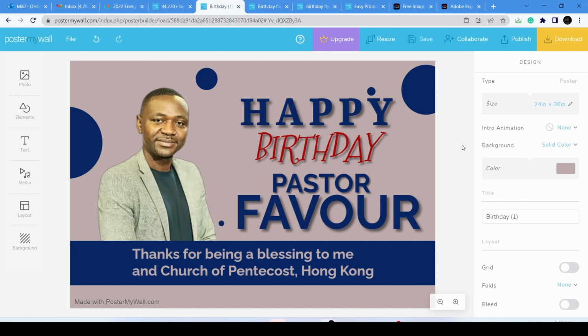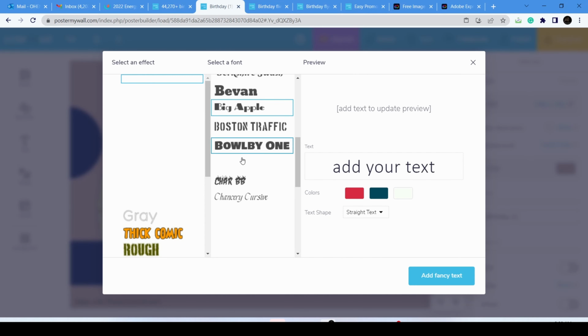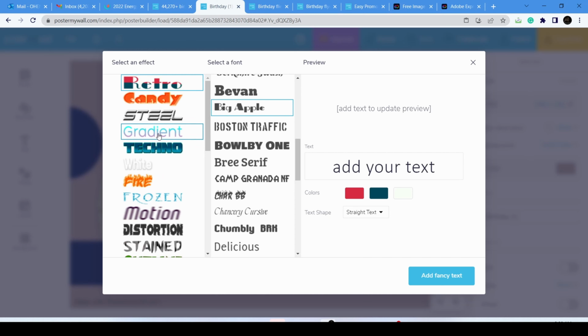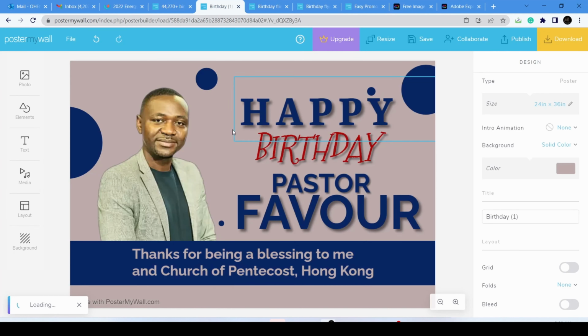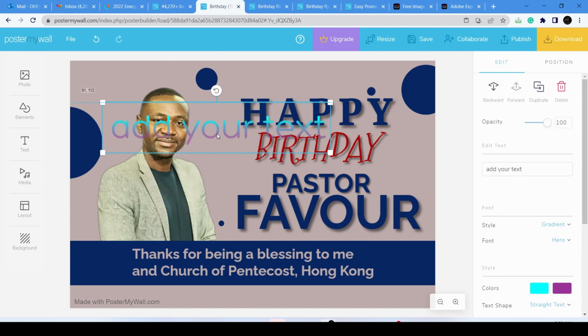All right, so just explore it. So just few things here. If you want to add a text, all right, you can just click on this, add a plain text or fancy text. All right, you can just do them here. Then you can choose your text, maybe gradient type, the colors. You can do all those things there. All right, so you can just come here